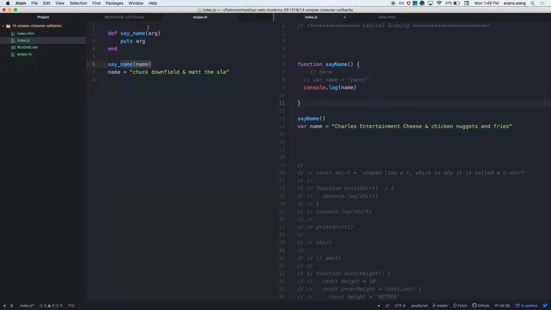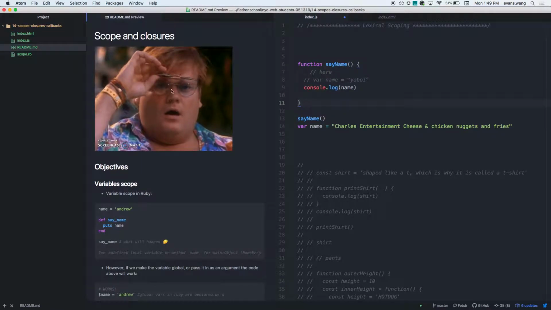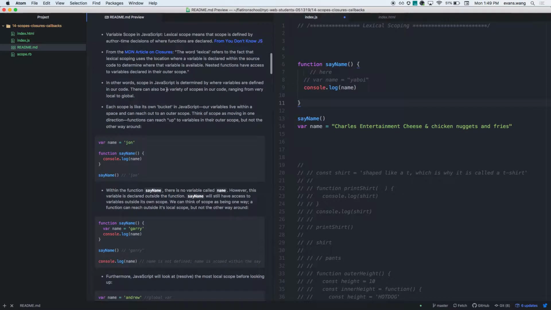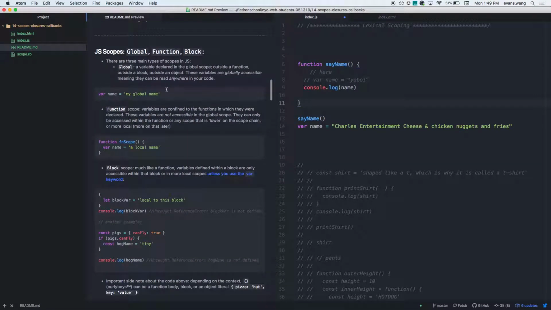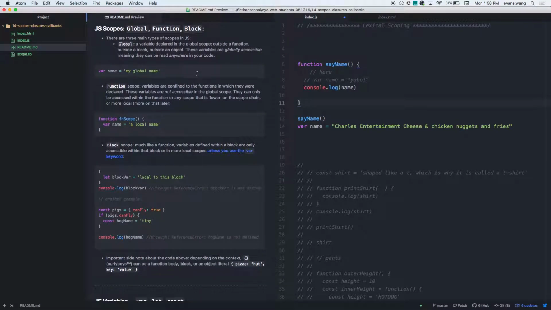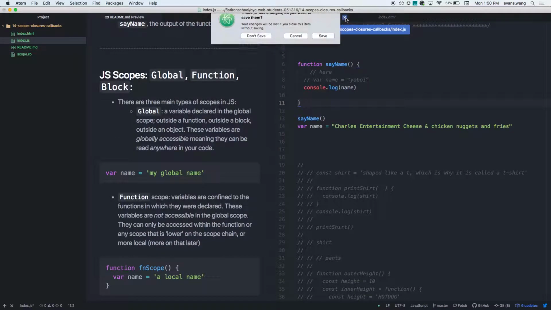All right. Cool. Any questions on how Ruby does scoping? That was all easy, right? JavaScript's bizarre. And that's okay. So we put all these examples in the README just so you can look at it later. But let's actually talk a little bit more about